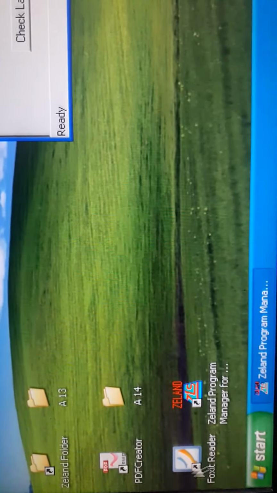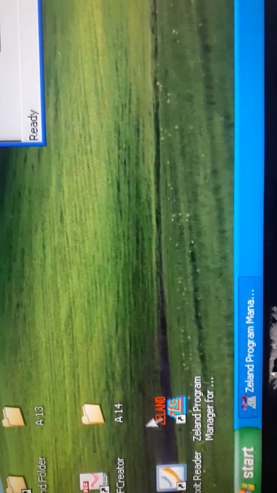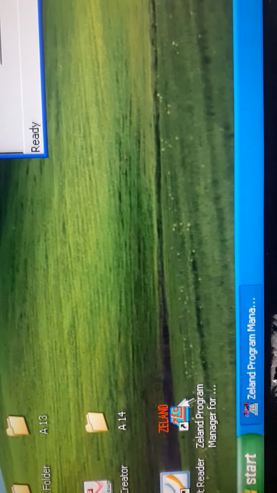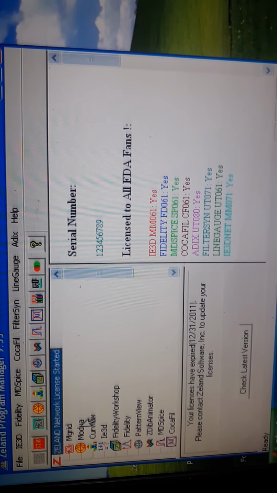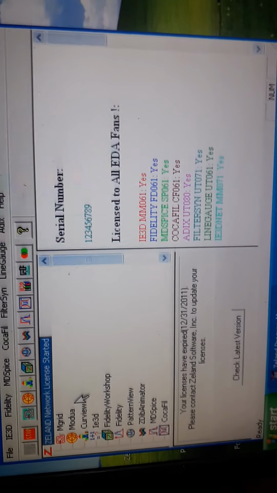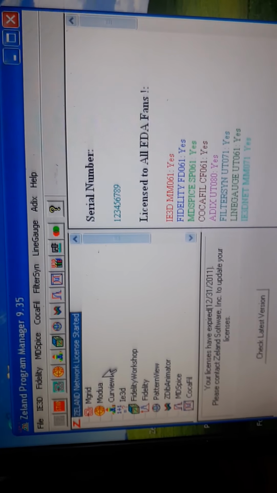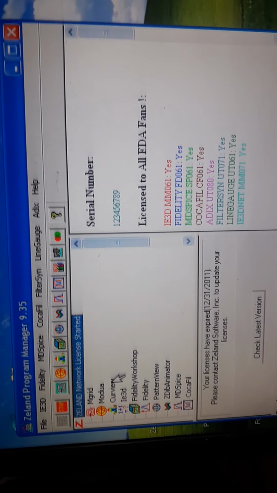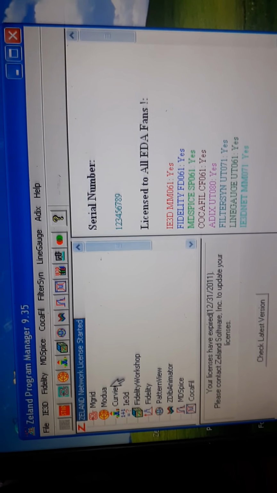So this is my screen, that is the IE3D software. If we double click and open the software, you get this type of symbol. In that there will be lots of things: mgrid for designing the antenna, modua where we have to see the S11 parameters, Smith chart, everything, and curve view, meaning radiation pattern, all these things we have to measure. So in that, first we have to design the antenna.